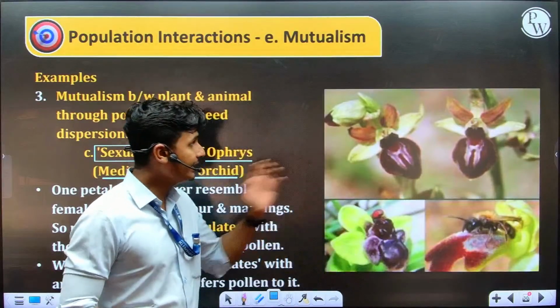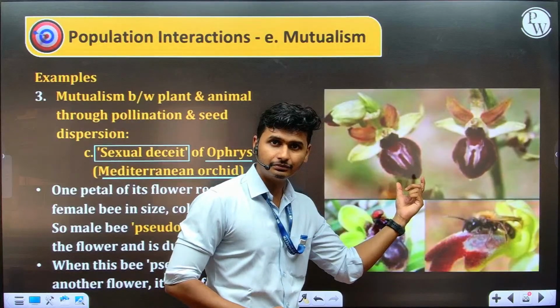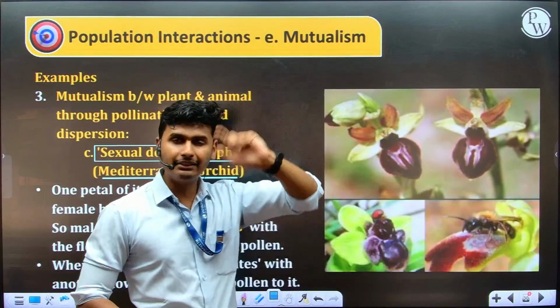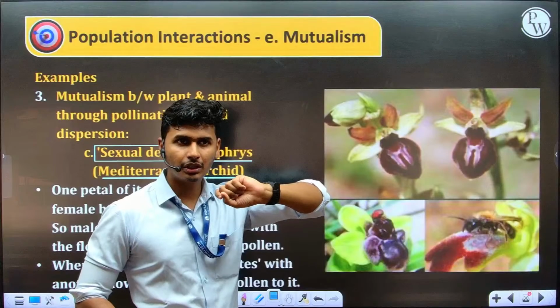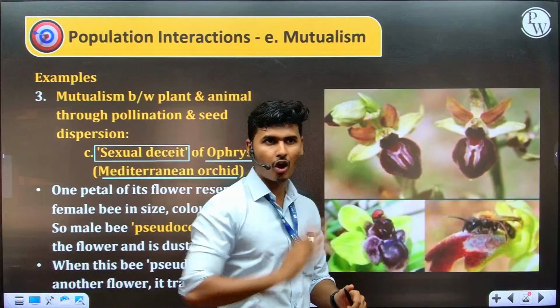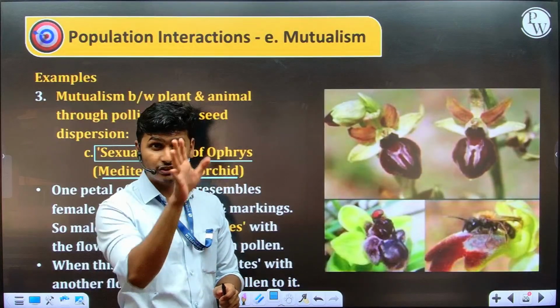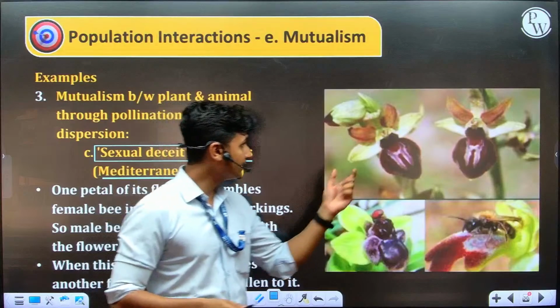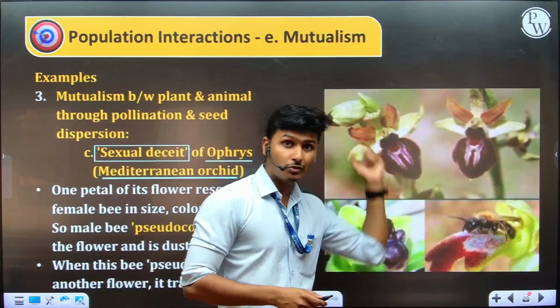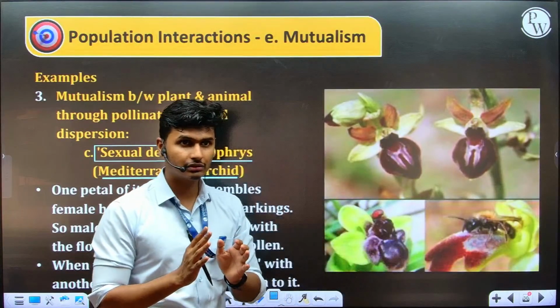What did the plant do? The plant converts one of its petals to look like a female bee or female insect. Now the male insect, observing from a long distance, thinks yes, there is a female insect, but this is not a female insect. This is a petal modified like a female insect, but